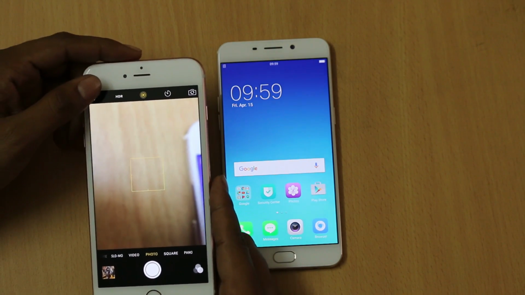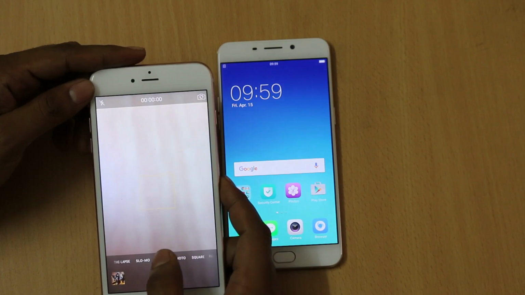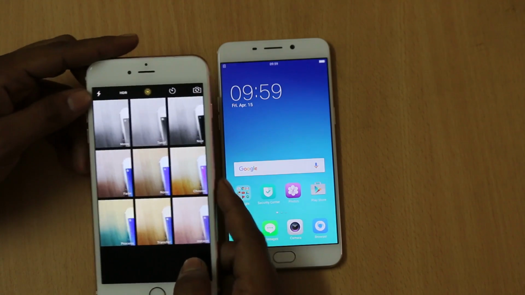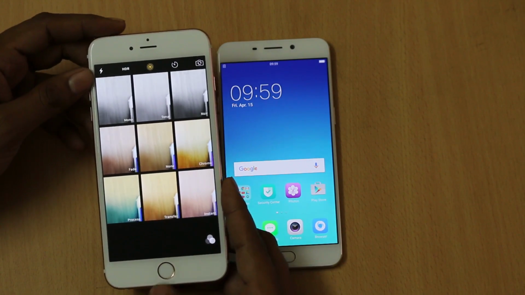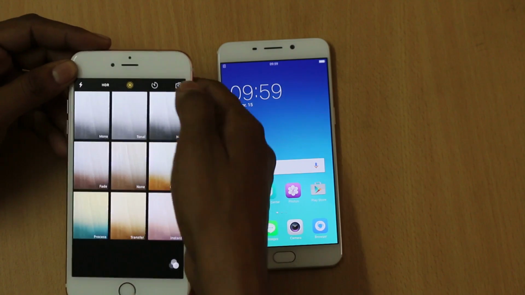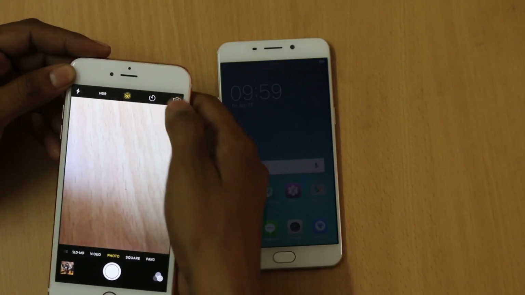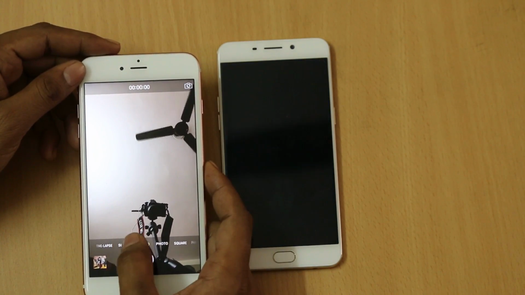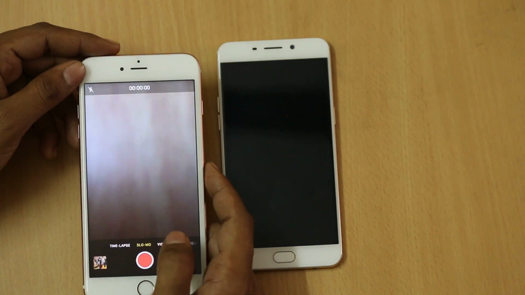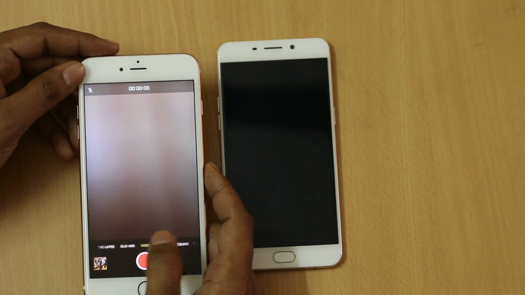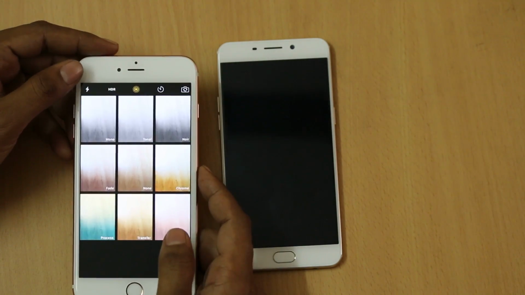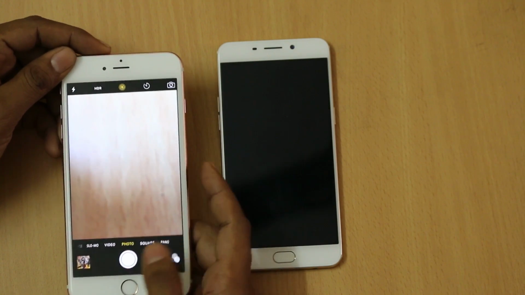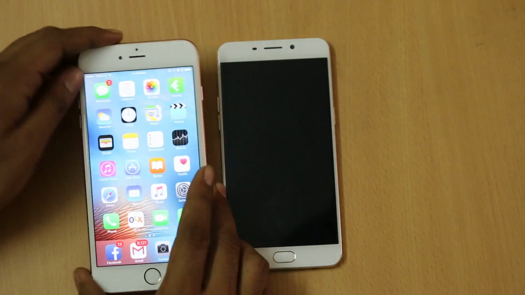Talking about the camera interface, the iPhone 6s Plus has a minimalistic camera interface. As you can find the flash, HDR mode, and above the camera button you will find the time-lapse, slow motion, video, photo, and there are a number of filters which can be applied easily while clicking the images. And when you tap on the front facing camera you will find that it has the same features which are found in the rear camera, that is the time lapse, slow motion, video, photo, and a number of filters can be easily applied. And there is a flash, HDR mode, timer, and etc on the iPhone 6s Plus.